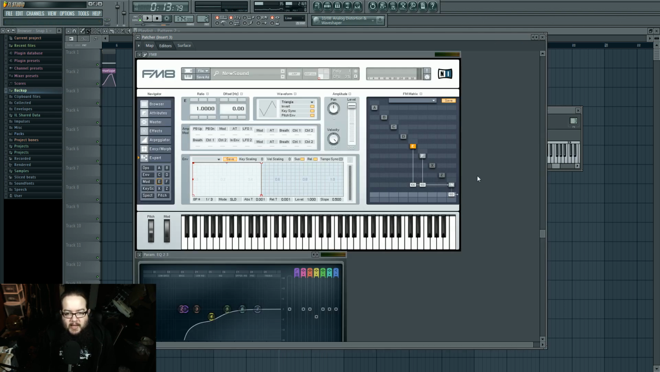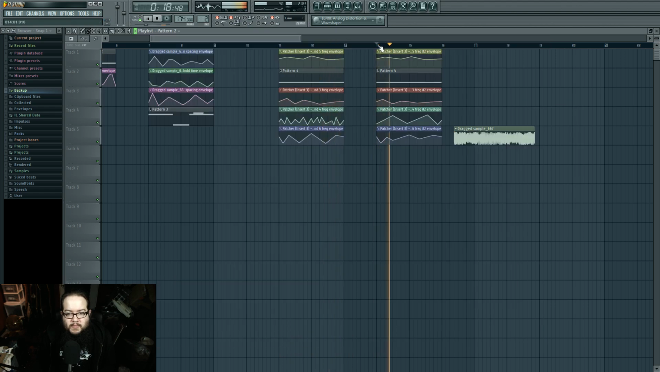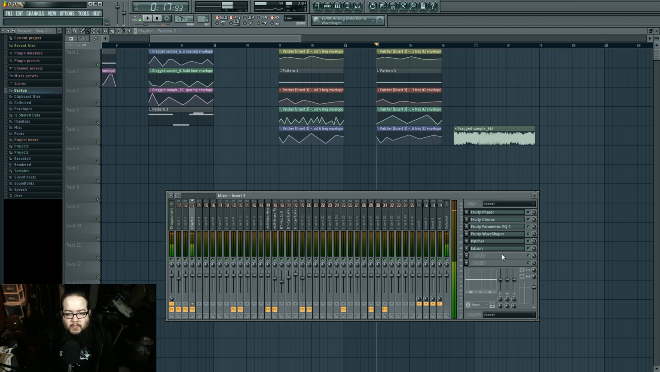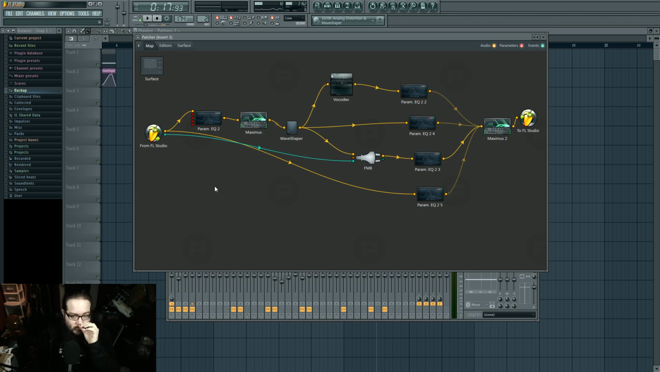What FM8 can do is that you can load it as an effect, and then you can use it to FM the incoming audio, or to FM with the incoming audio. In this case, I decided to FM the incoming audio. With interesting success. To do this in Patcher, what you do, because right now this is the effect version of Patcher,